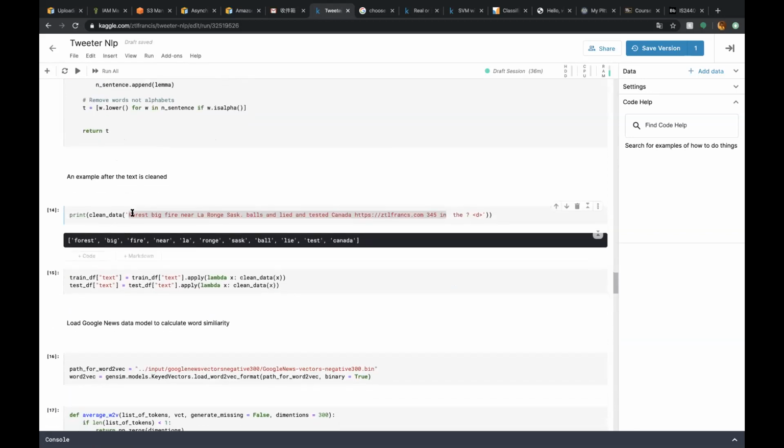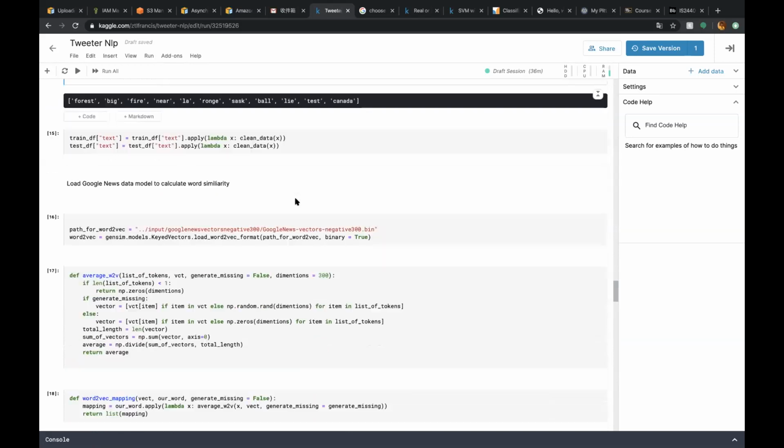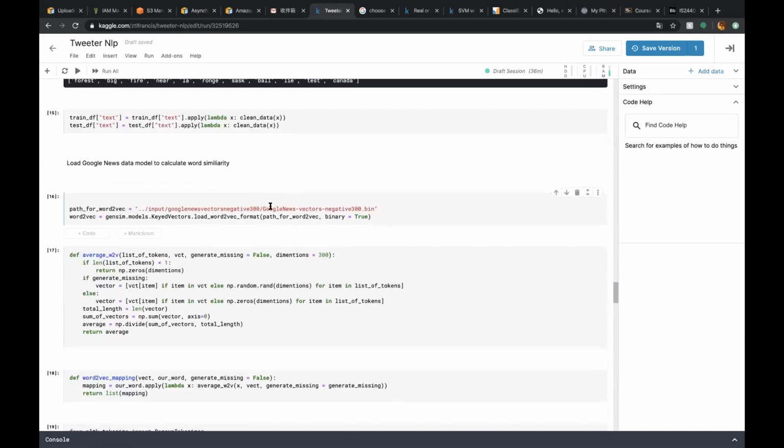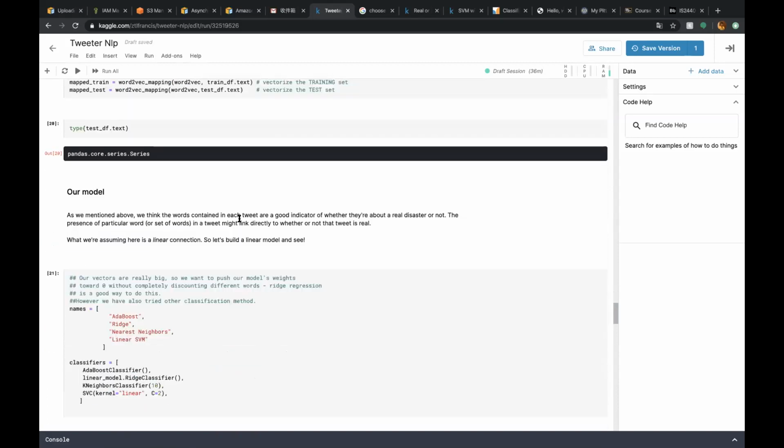And as we can see here, when the sentence is clean, it turns into a list of words, and we use the Google News model to turn the list of words into a vector,